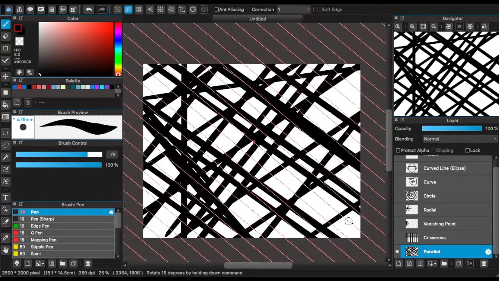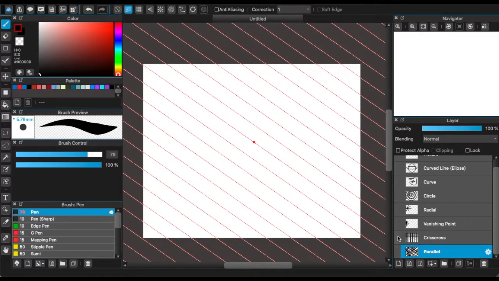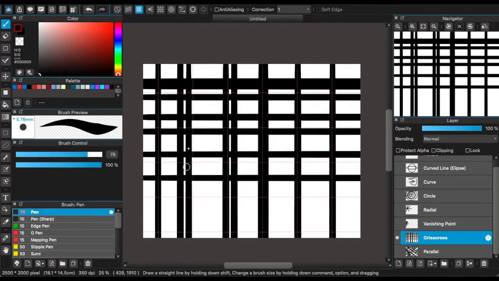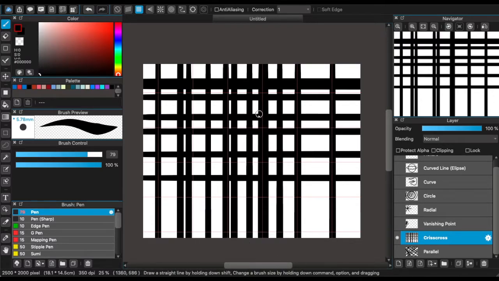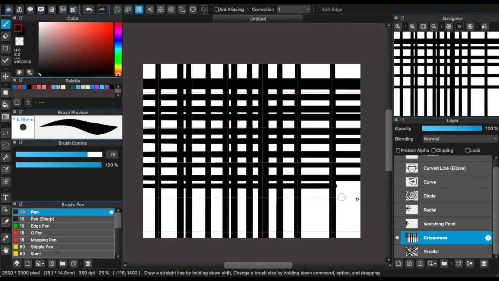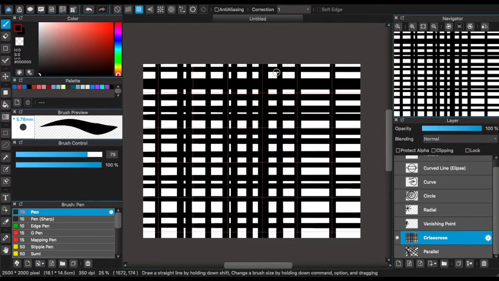So yeah, the next one after parallel, which creates diagonal lines, is crisscross. What crisscross does is you can create vertical and horizontal lines. Only vertical and horizontal lines, like that. It's helpful because you can create grids, squares,